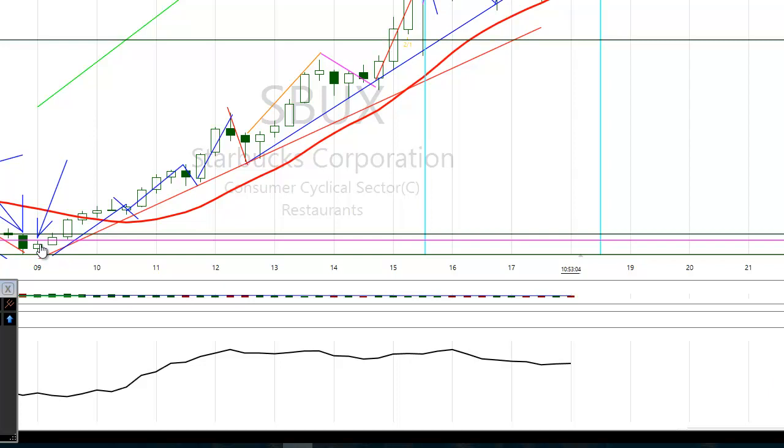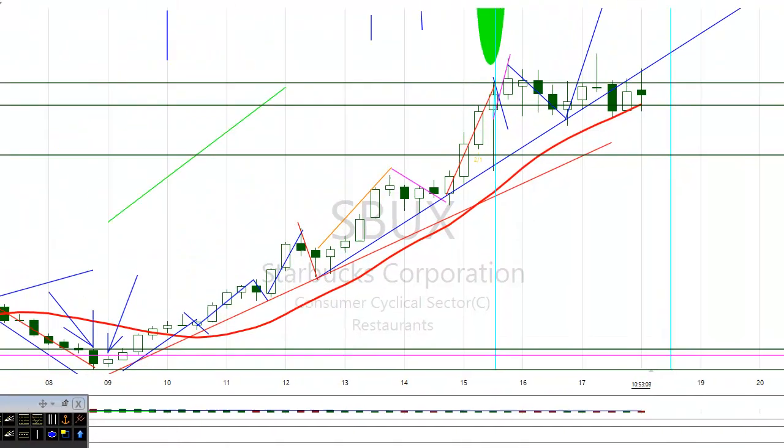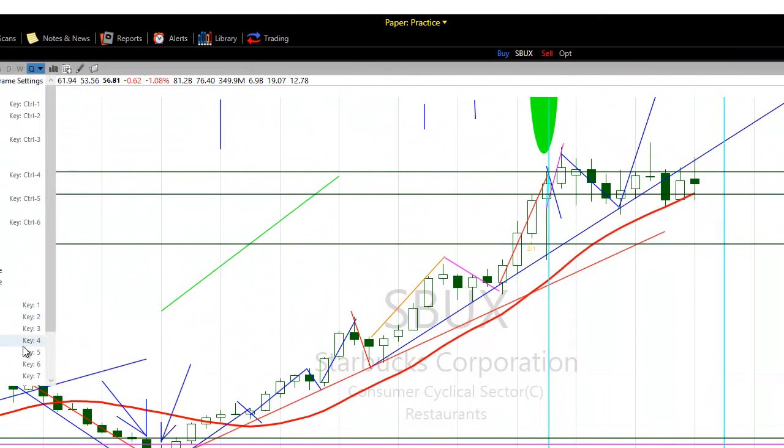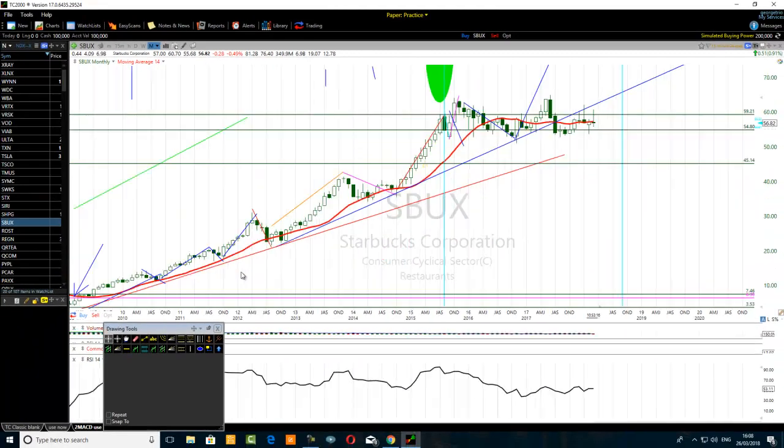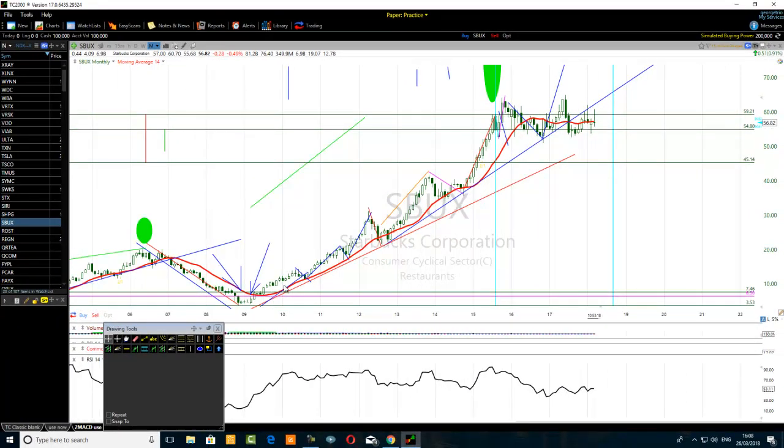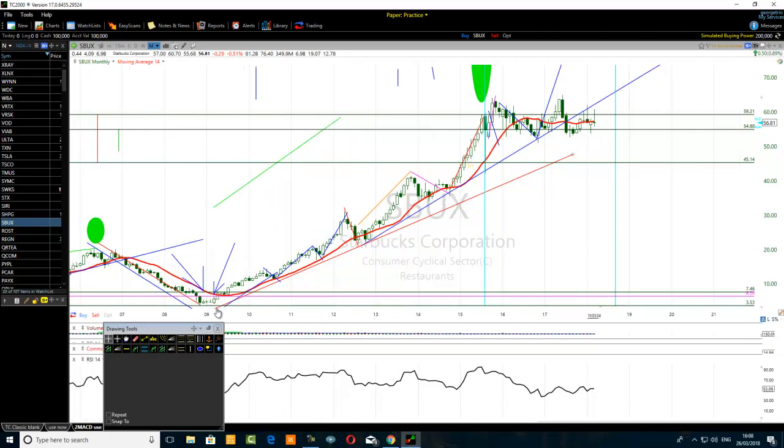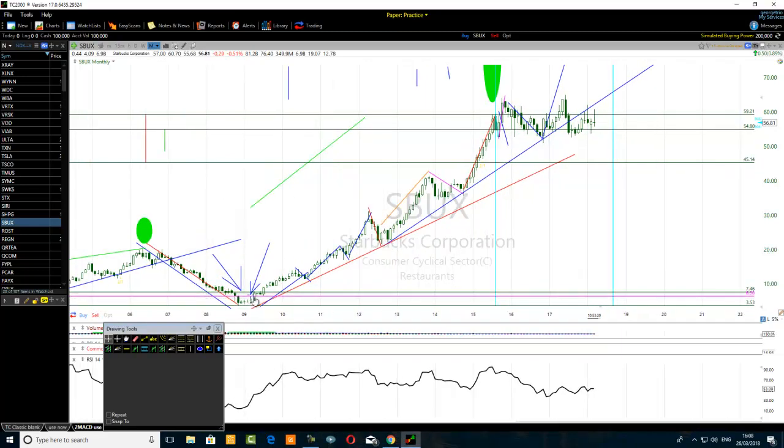So now that I've done my homework on the setup time frame, I will go first to the monthly chart, because if I go to the weekly chart, you won't see what I want to show you. That's why I'm going to the monthly chart. Normally, if we go from the quarterly chart, we should go to the weekly chart or 3-day chart. But if I go to the weekly chart, you may not see what I want to show you. I'm going to remove my moving average 14, which I do not really want to, but here it is. So pay attention carefully. Right? I'm going to remove also